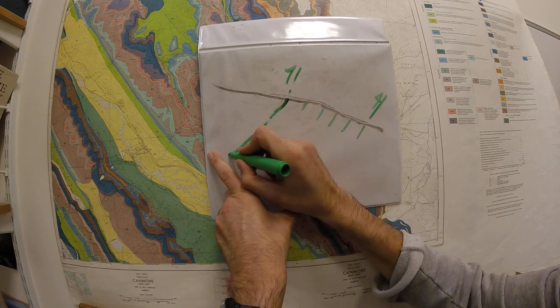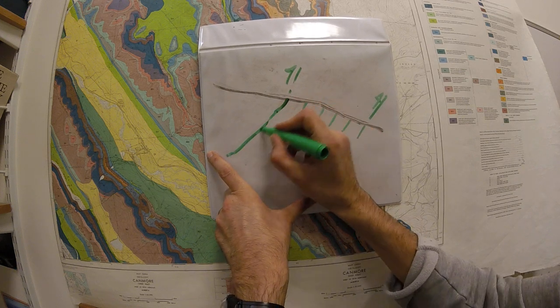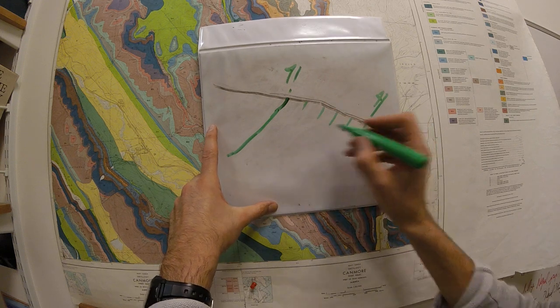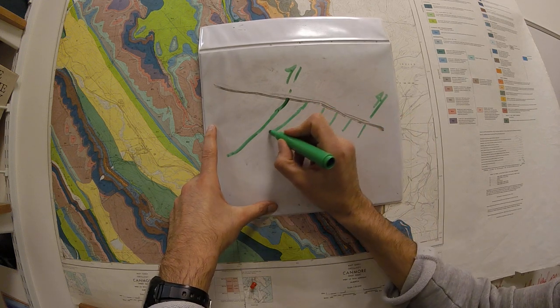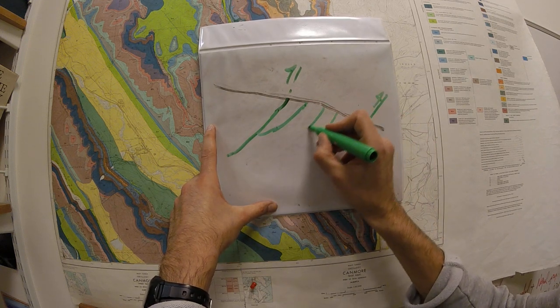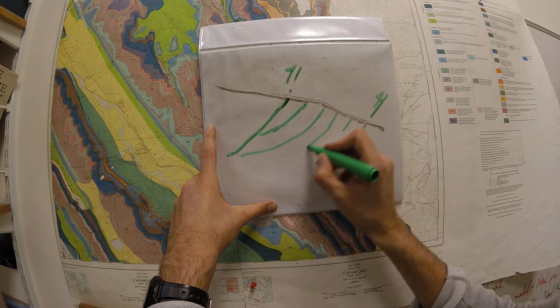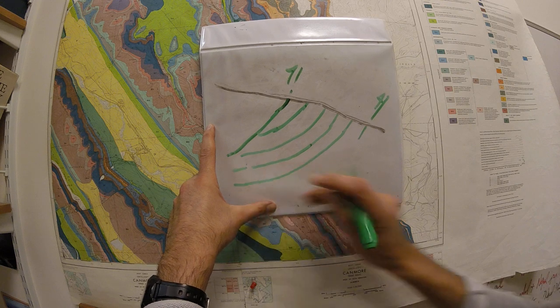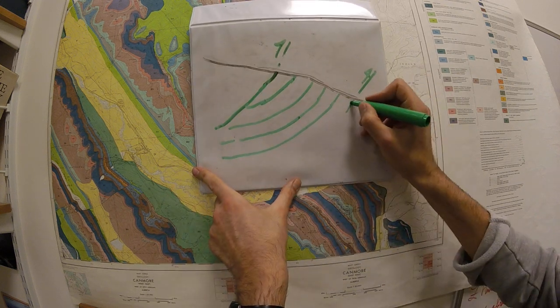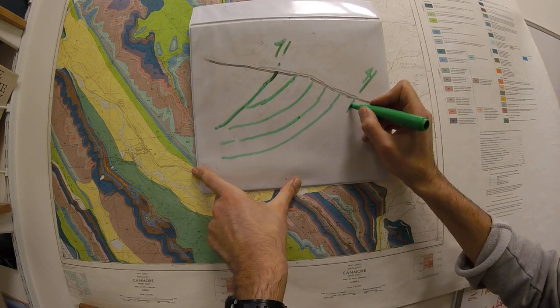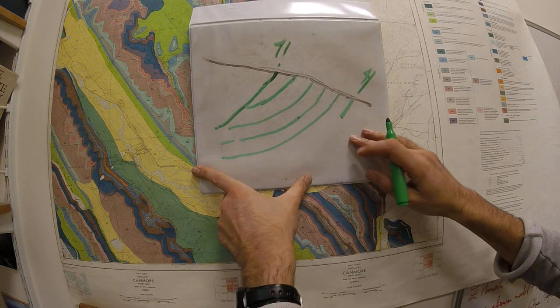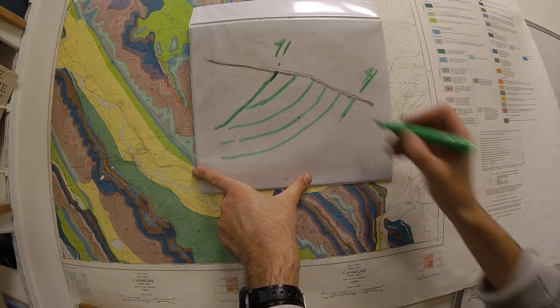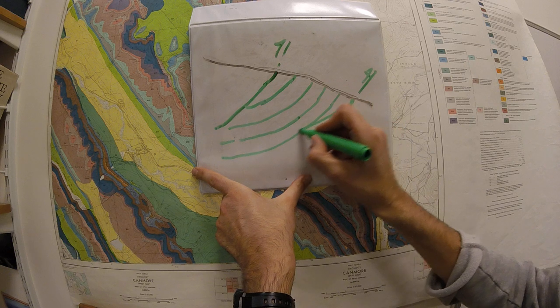So let's say we're going to draw our thrust like that, and this is going to come potentially like that, and this potentially like that. Try to keep the thickness constant, and you can see that once you've drawn these things, then your thrust, you can see that it constrains the dip of your thrust. If you draw something like that,